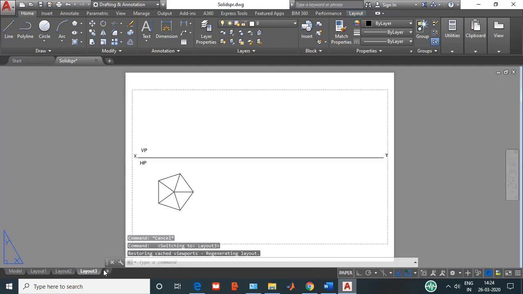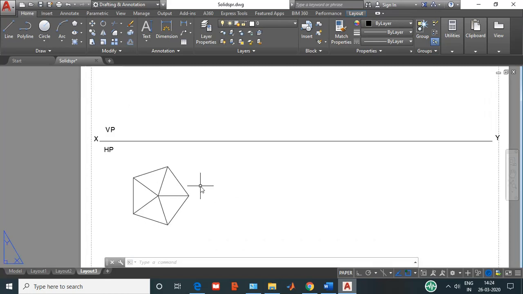So I repeat once again, if you forget to join these slant edges to the apex, then it becomes a pentagonal lamina, not a pentagonal pyramid. So if you make that mistake, then definitely you will get a 0, because the question says it's a pyramid, but you have done what? Lamina. So please don't forget to join the slant edges to the apex, irrespective of whether it is a triangular, square, pentagon, or hexagon. This has to be shown for a pyramid.